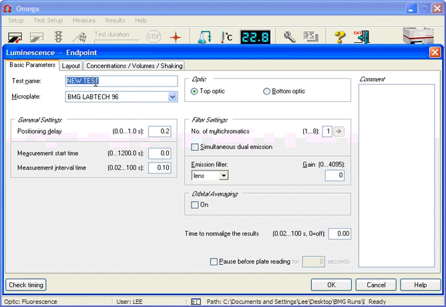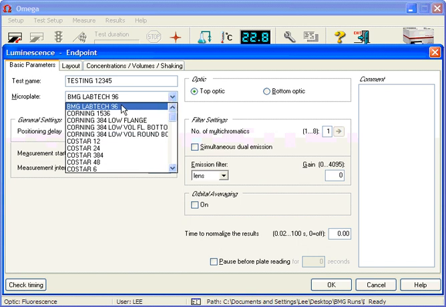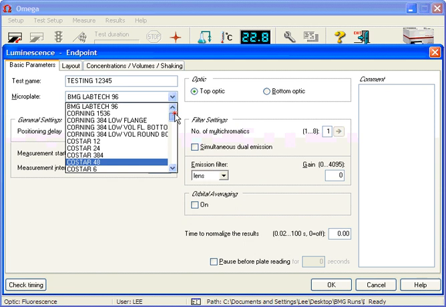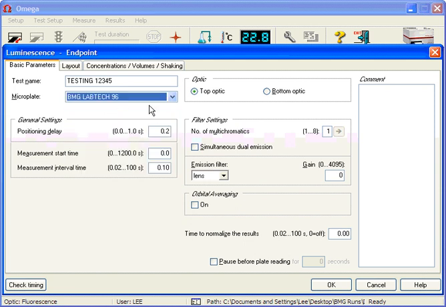We're going to type in a name for that plate: Testing 1, 2, 3, 4, 5. We're going to choose the plate type that we're using, Costar, Corning. There's a whole bunch of different plates here. In this case, we're using a Corning, a BMG plate, and we're going to make sure that the lens is